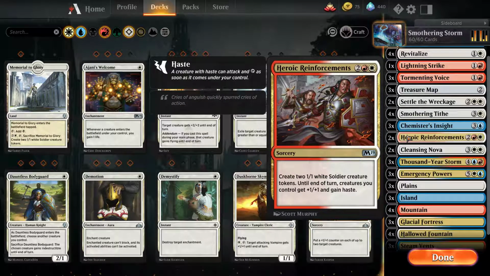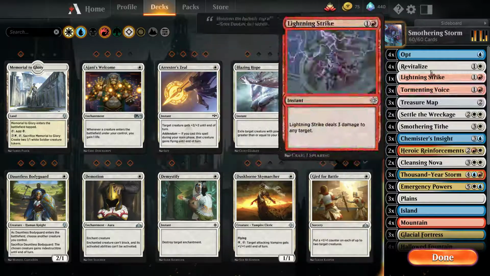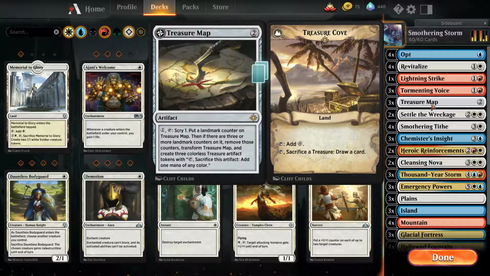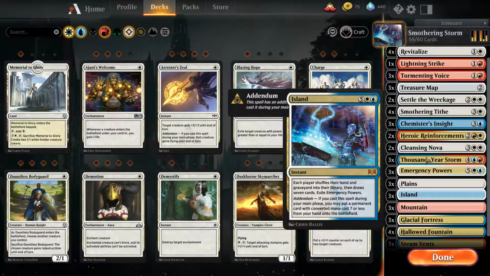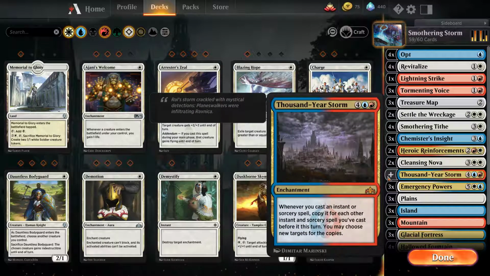Honestly, do we go to 25? 1, 2, 3. We've got 14 ways by turn 2 to see extra cards. I think I'm going to do that. I think I'm going to go down that, and I'm going to bump this up to the...